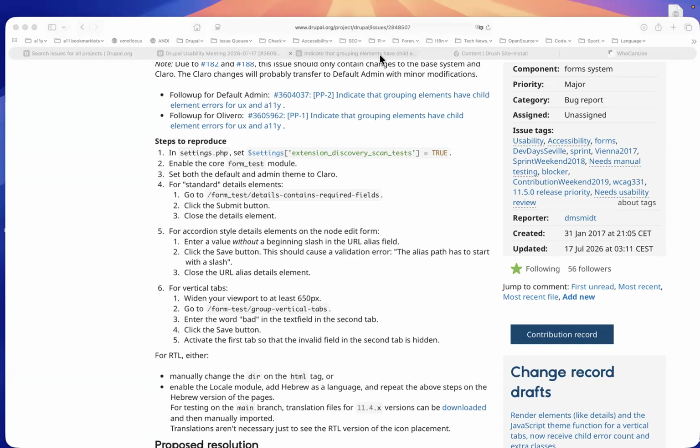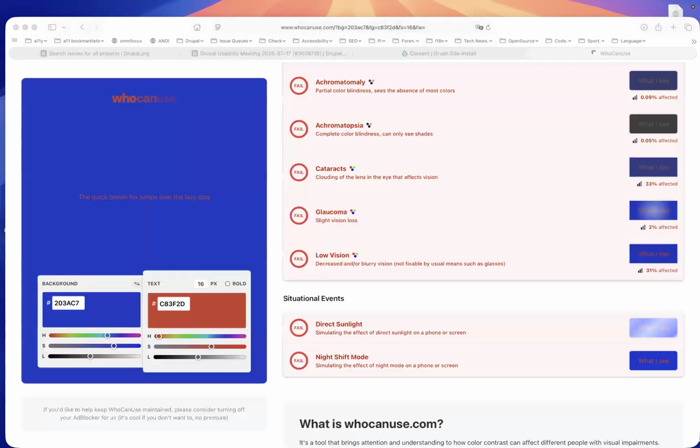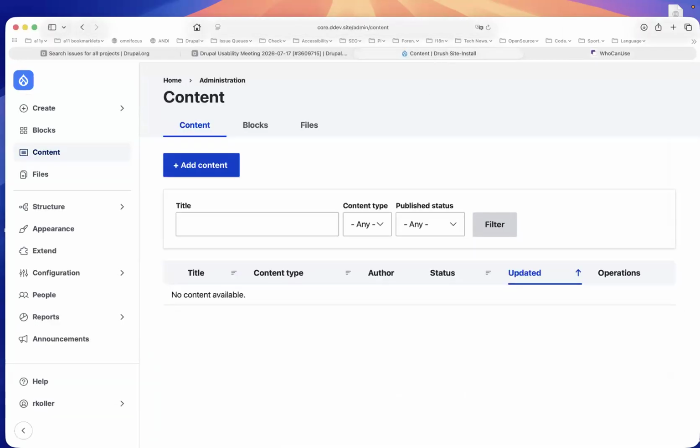I'm unplugging my headphones, so I'm also able to illustrate the VoiceOver output, which is necessary in this case as well. Okay. First it has to be noted that I enabled the extension discovery scan test, and I've enabled the form test module and set the default and admin theme to Claro. So the first test is basically on